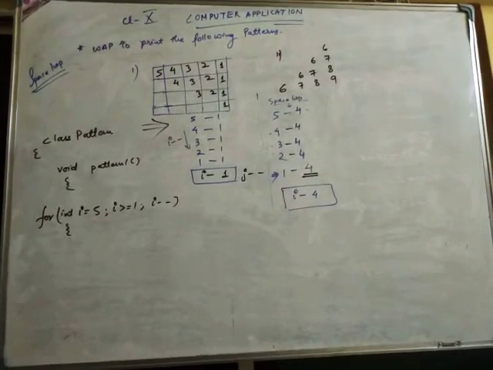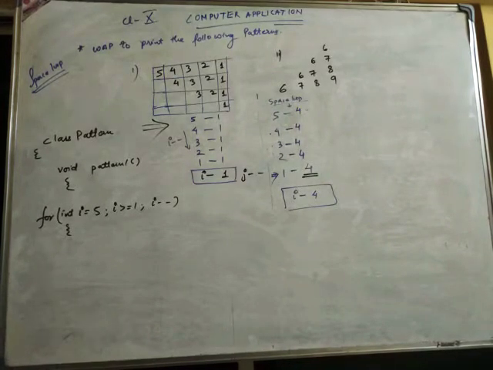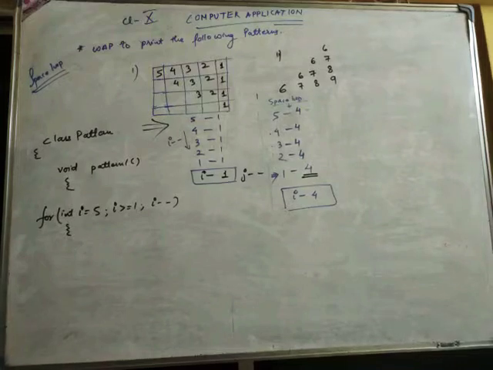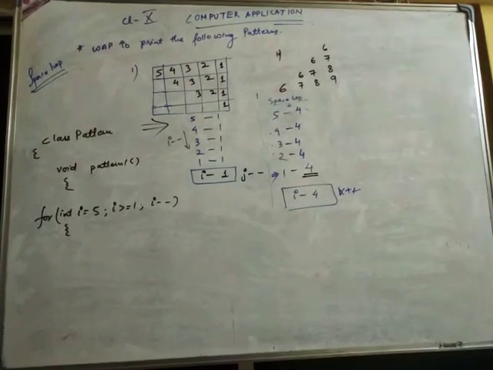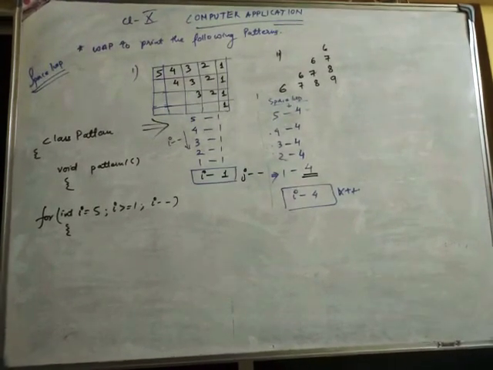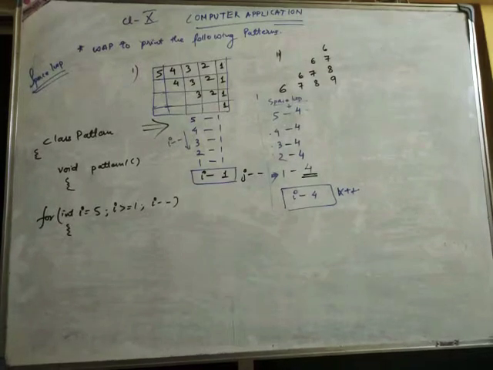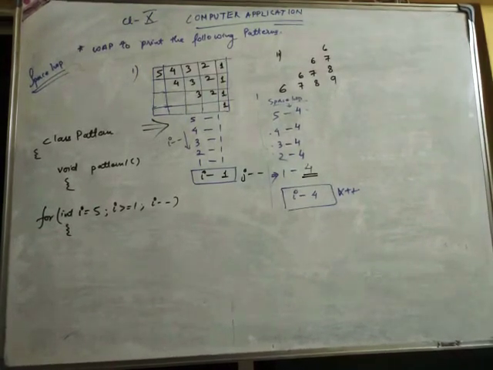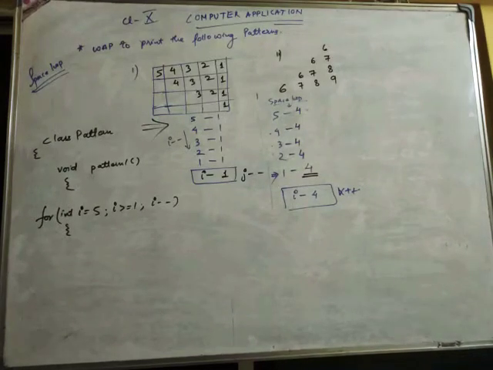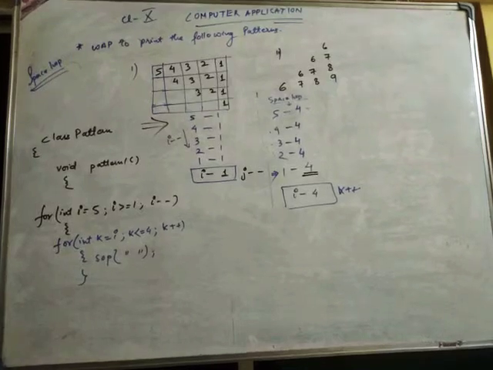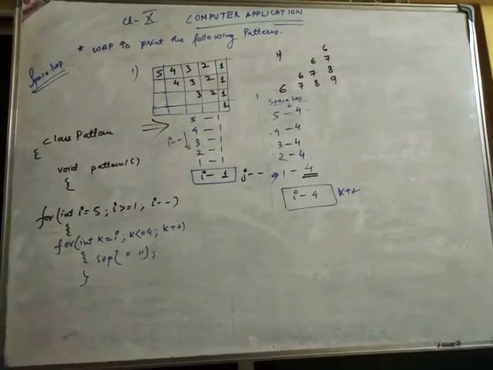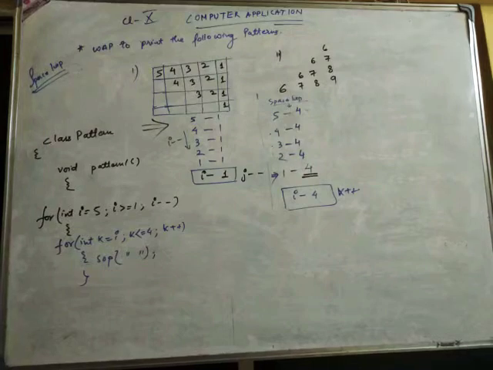I put the value in the last line, so from 1 towards 4, if I have to go, I have to do plus plus, so I have to use K plus plus. So after this we can make the K loop and J loop. First I have to make the K loop, because we have spaces first, then we have printing the things. So we start from I till 4, K plus plus, and inside the K loop I'll print SOP, double quotes, space. Blank spaces I'll print using this K loop.